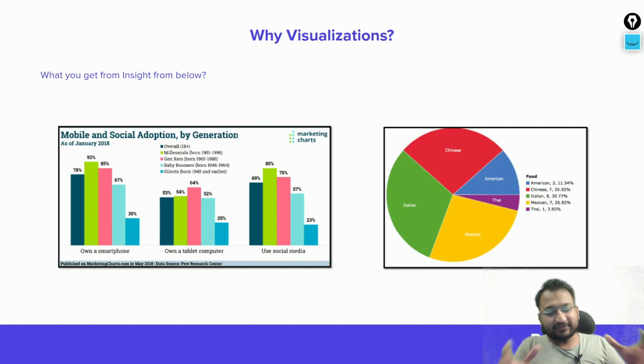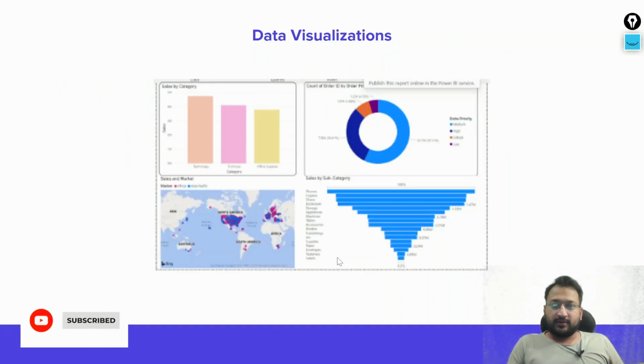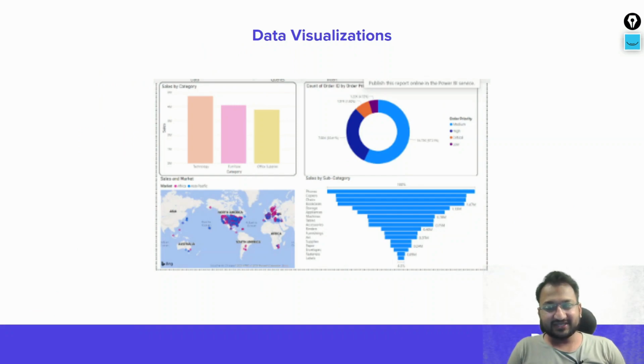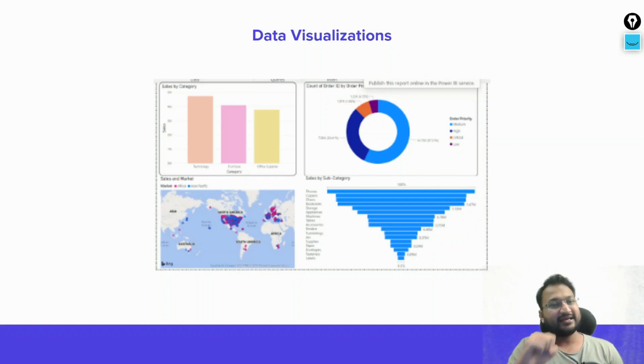So these are 4 parameters which define how effective the visualization could be and what things you have to take care of while working on it. Some examples are over here where we have used some data visualizations. You can see how the charts have been created and we will be able to generate insights and analysis from here. When we club multiple charts together, it is called a dashboard.